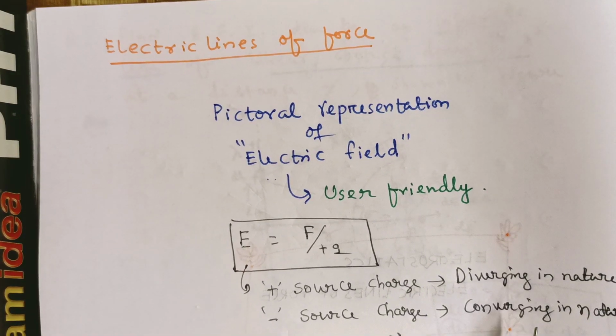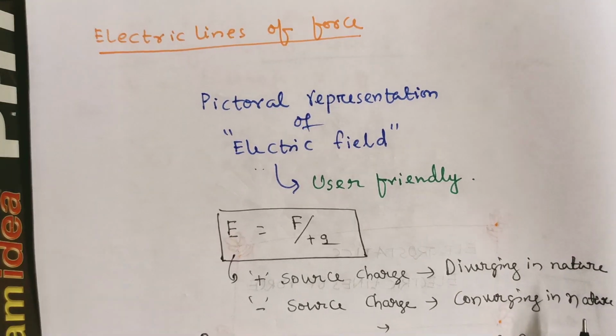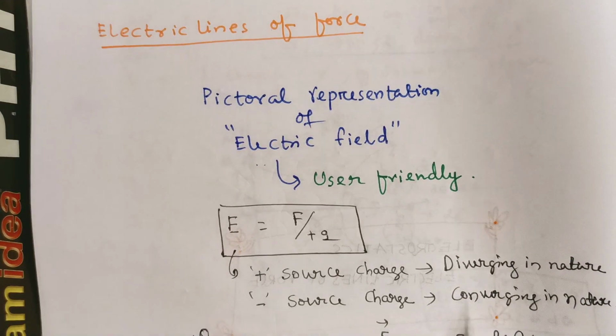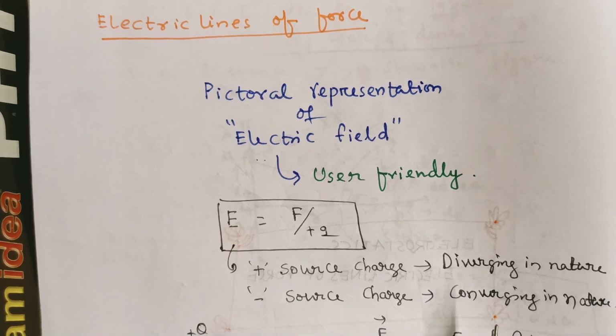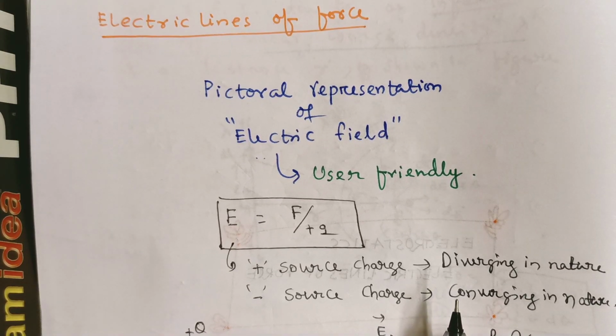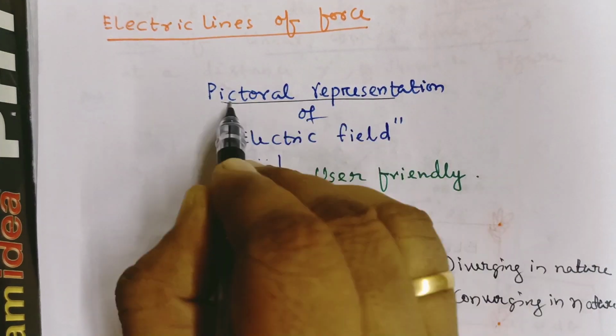First of all, you think that today's class is your drawing class. Drawing class means a very interesting class, no strain. So you should not strain about what drawing we will study today. Now we have to draw the pictures of the electric field of a point charge, or more than one charge, and distribution of charges. First of all, why do we need a pictorial representation of electric field?